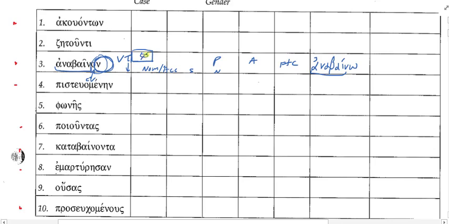If I didn't have the zero ending, the nu tau would show up, and then I'd have the other case endings. Things like what? Well, maybe on for genitive plural, right? The omicron sigma for the genitive singular, third declension case ending. So one of the things we have to do, we've been dealing with the indicative mood and verbs for a good long while. We might have forgotten our third declension case endings. We need to go back and review those because most of our participles are going to be third declension.